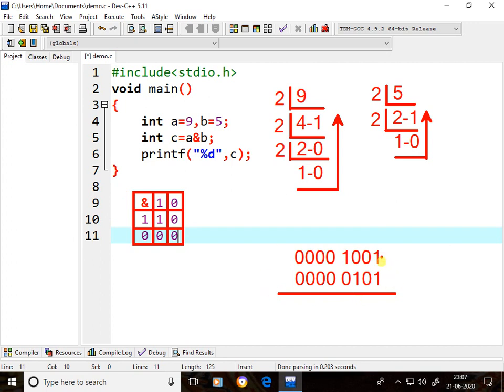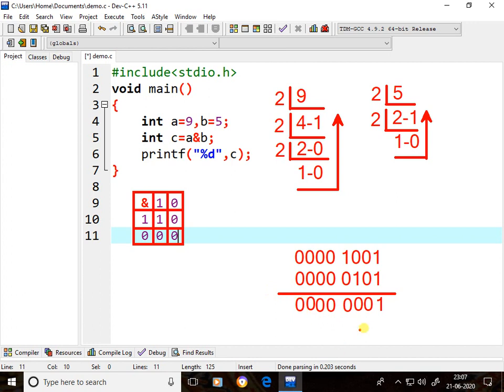So 1 and 1, it is 1. 0 and 0, it is 0. 0 and 1, it is 0. 1 and 0, it is 0. 0 0 0. Here also 0. Here also 0. Here also 0.